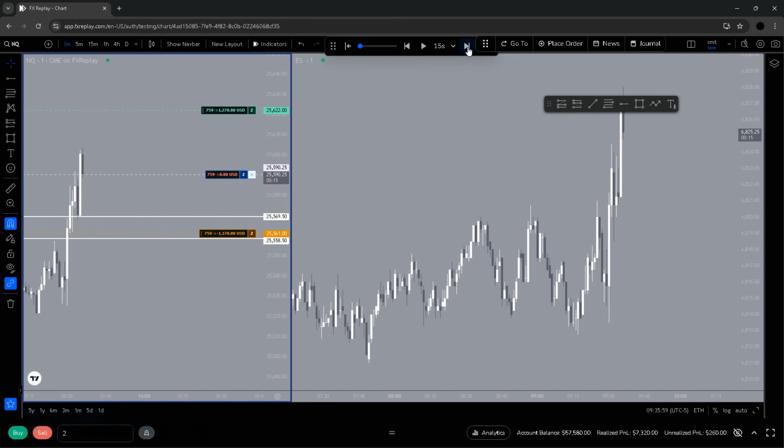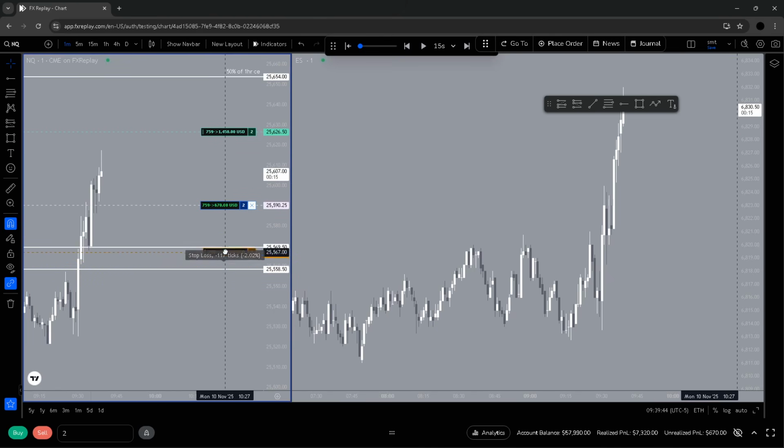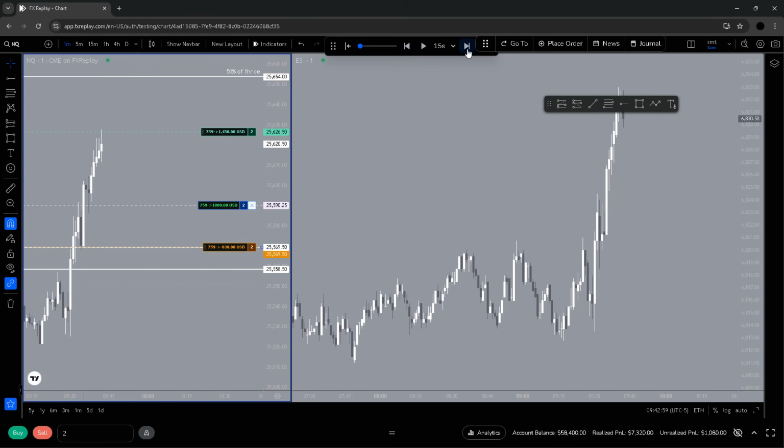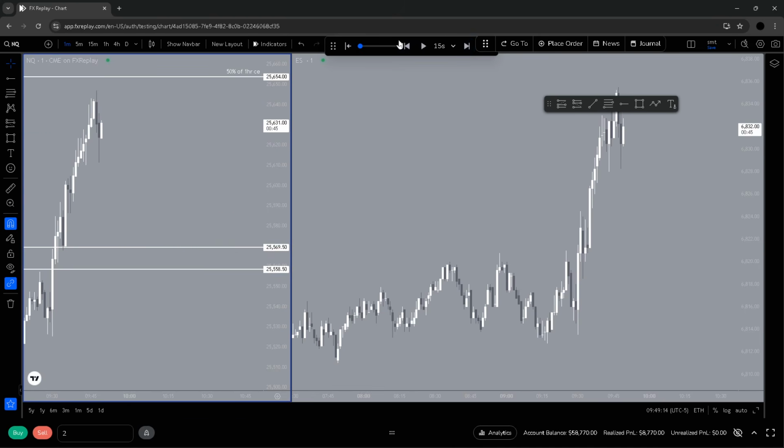So I want to run this. See what happens. So we start to displace higher. Cool. Right. So what do we want to look for, guys? So let's see. I'm going to target a little bit more points. Trail my stop loss in there. So lovely stuff. TP hit. So do we draw all the way up to the 50% CE? Let's see.